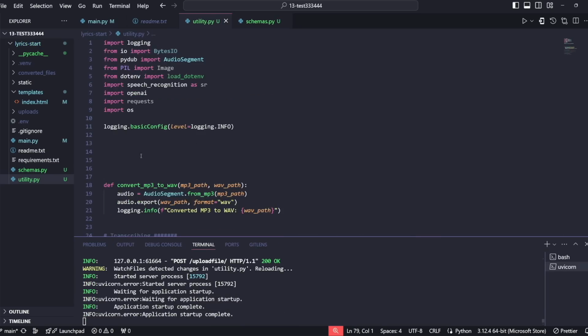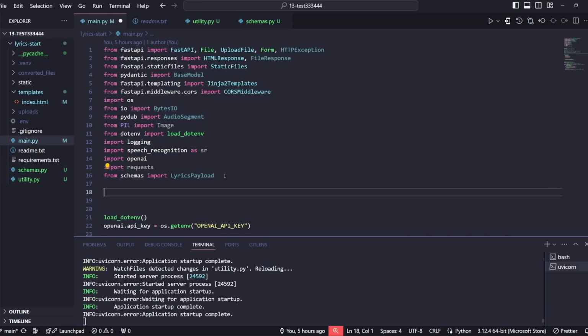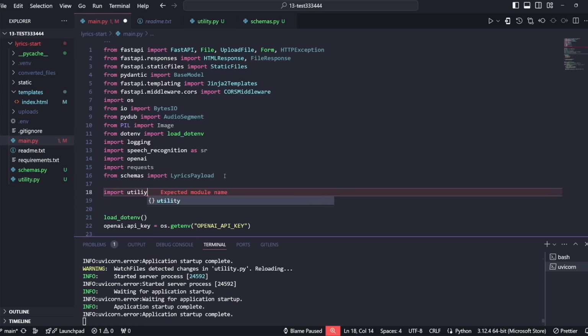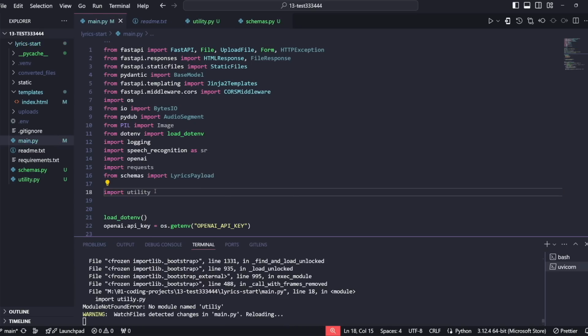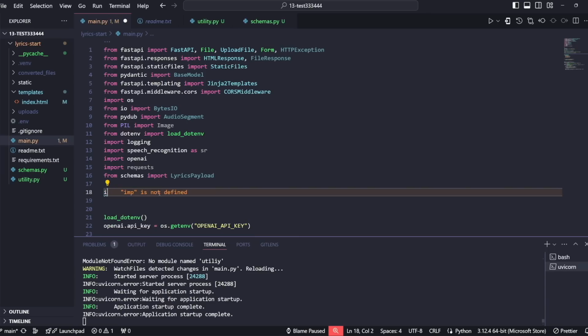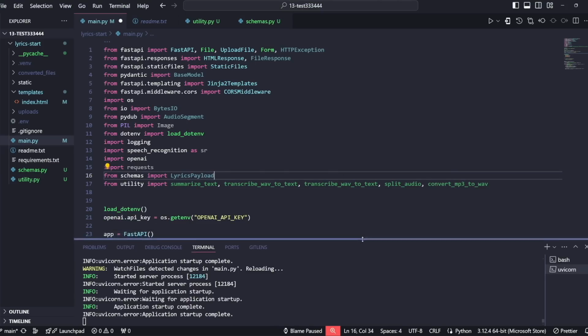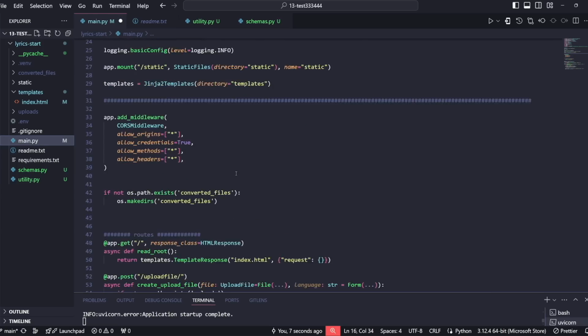So with this, we can now return to the main py and make sure that all this is imported. The first thing we'll do is write import utility. Sorry, not py, import utility. So now we should be able to use all of the functions that we have defined. Oh, no, let me particularly name them. So from utility, we will import all of these functions. It was summarize text, transcribe, another transcribe, split audio, and our last one, convert MP3. So now we know that we'll have access to all of them, and we can now focus on finishing all